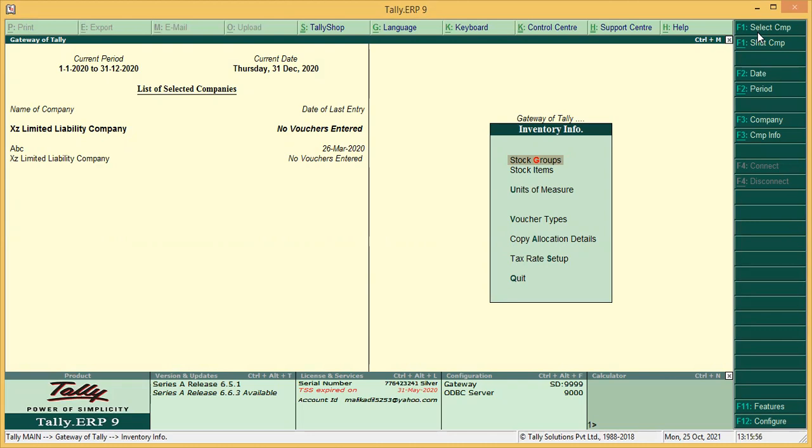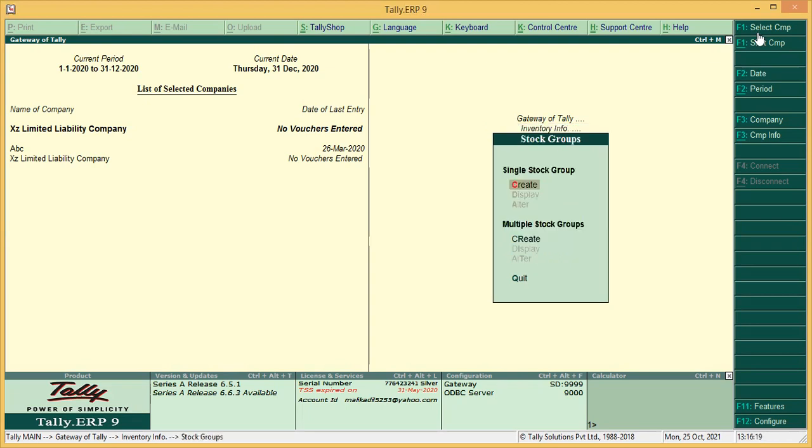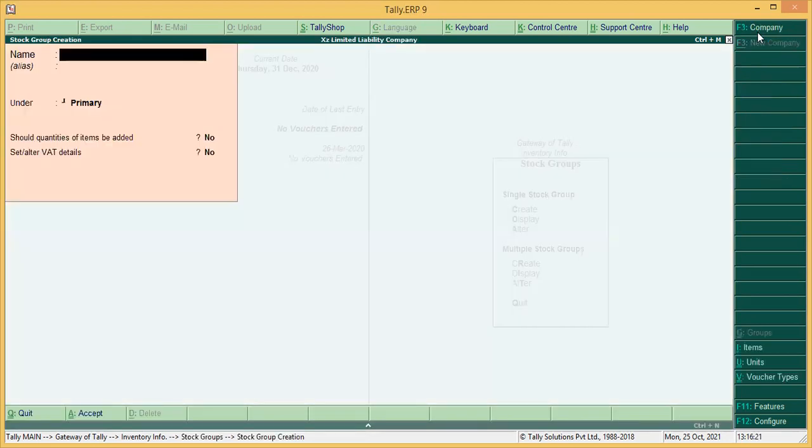Say you are working in a car repairing workshop, you will definitely be maintaining some stock of spare parts. There also you can have the grouping of your stock, like engine oil, engine filter, batteries, air filter. So based on the situation, you can create the group. When you click, here you have the option to create the groups.